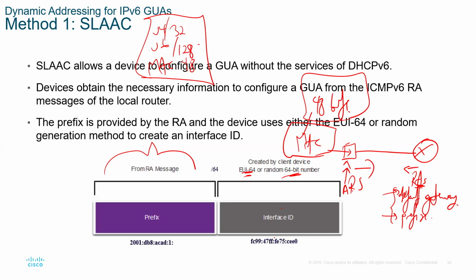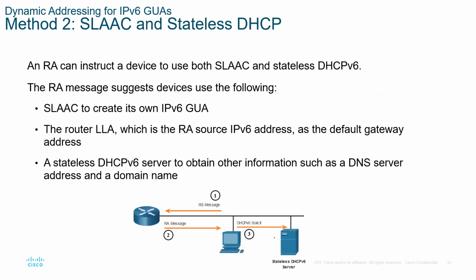You don't need to have a DHCP server. So this is an easy way of dynamically assigning my IPv6 addresses, but it has its limits. You need that extra information, but with SLAAC, you don't have it. So that extra information can come from using SLAAC with a stateless DHCP